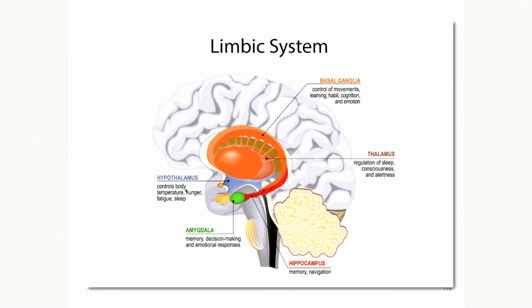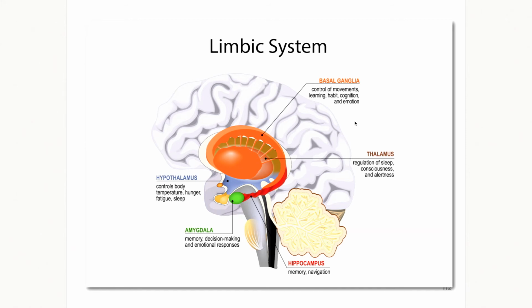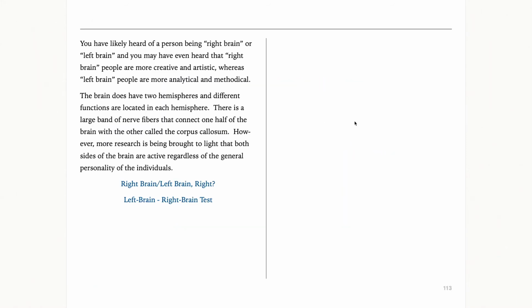So the hypothalamus: temperature, hunger, fatigue, sleep. The amygdala: memory, decision-making, and emotional responses. The thalamus: regulation of sleep, consciousness, and alertness. And the basal ganglia: control of movements, learning, habit, cognition, and emotion. And so, some very, very cool stuff. And then we go into here, the last little thing,